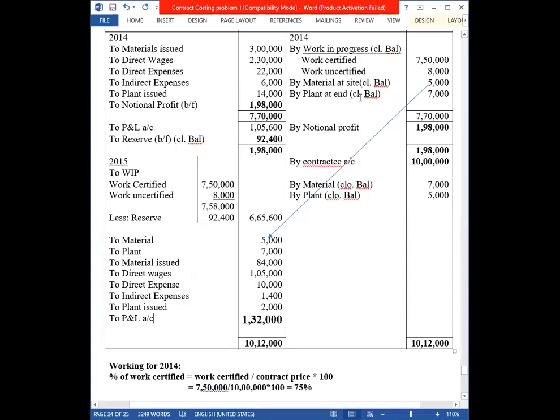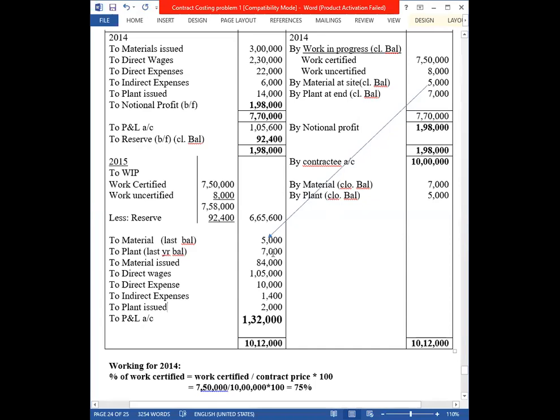Same way, old material also you are going to use, and for this contract, new material also you are using. It may not be enough. Whatever remaining cannot be enough. So at that time you will be buying new materials also. That's why this material is old and this material is new. This is last year's balance, and this material is what you have purchased this year for the particular contract. Same way, plant: this is last year's balance, and this is the new plant which is purchased for this year.